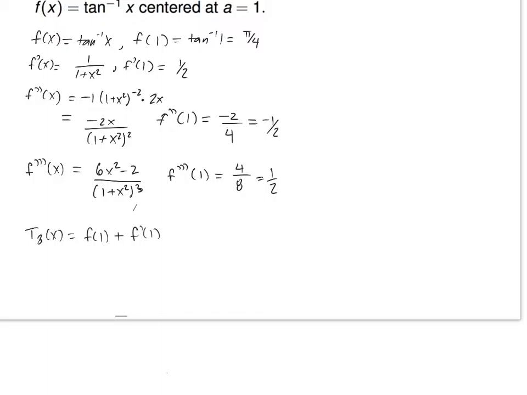Okay, times x minus 1 plus, then what's next? Times x minus 1 to the second. And then the last term that we have in this third degree thing is third derivative at 1, right? Over,